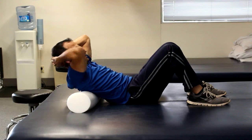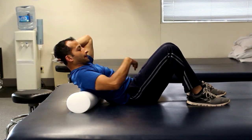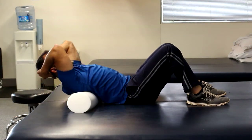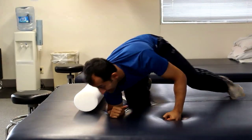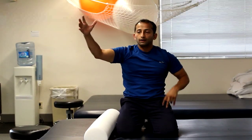You can even do a little bit of abdominal work while you're there. As you come back into flexion or come back up, you can kick in your core muscles too. So you can do your flexibility as well as a little bit of strengthening while you're in that position too. All right. So I find this to be quite helpful with a lot of neck-related conditions, shoulder problems also,